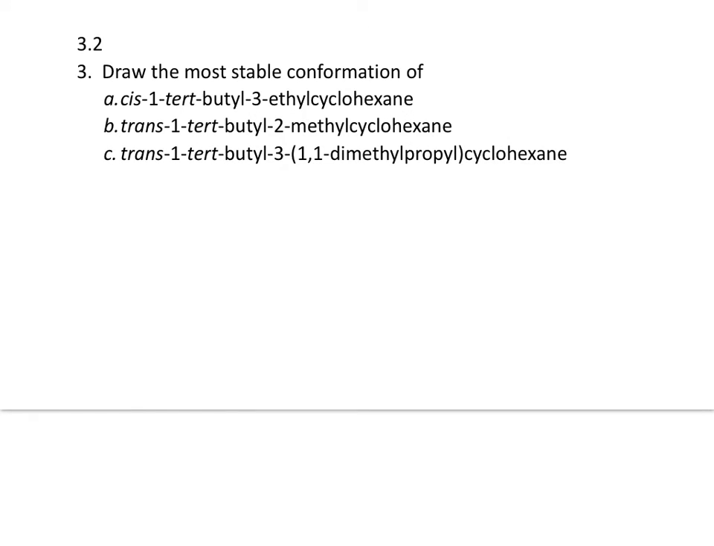Okay, so the next problem is 3.2. Draw the most stable conformation. Okay, so we're doing chair conformations because you see each one of these are cyclohexanes. So we're going to draw our cyclohexane chair, and then what you want to do is draw in your hydrogens